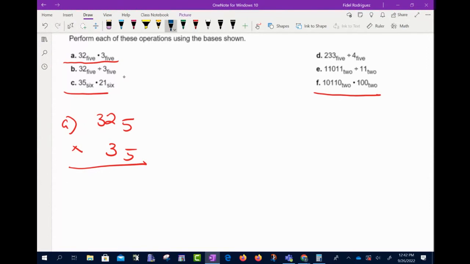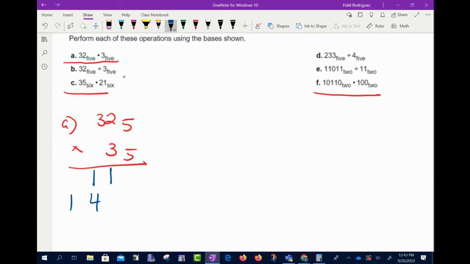So let's take a look here. First question, what's 3 times 2? 6. But in base 5, doesn't that mean that there's 1 five and 1 one? Because a 5 and a 1 would give me 6. So there's 1 five and there's 1 one in base 5, okay? Now, 3 times 3 is going to give me 9. But I'm thinking about base 5. In base 5, 9 would mean that there's 1 five and 4 ones. Does that make sense? So I'm going to put my 4 ones right here and my 1 five right there,